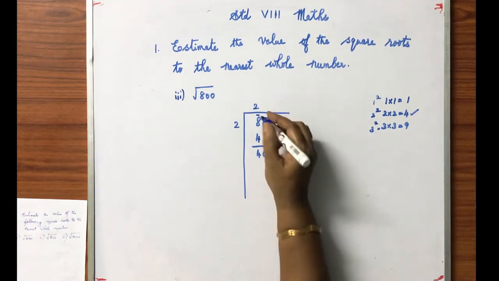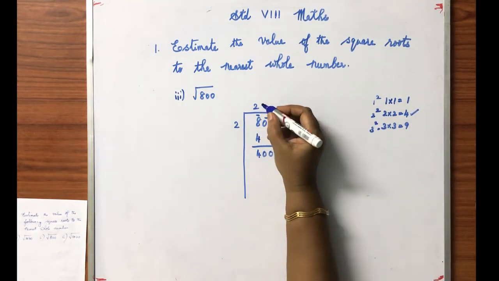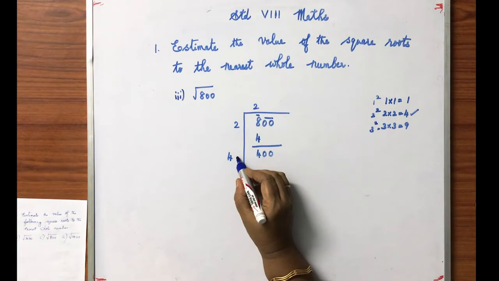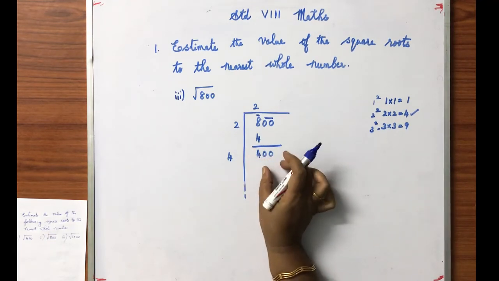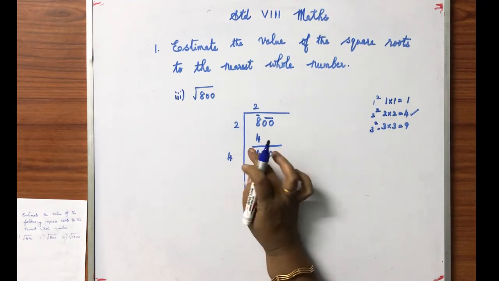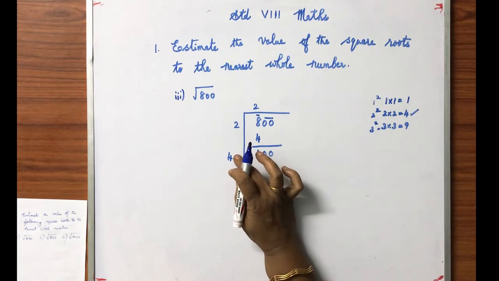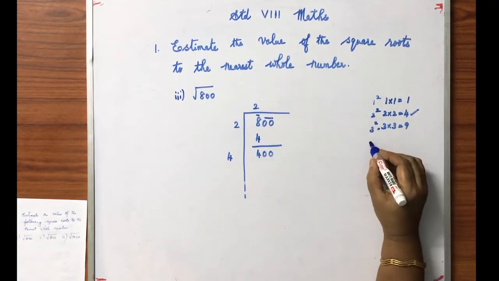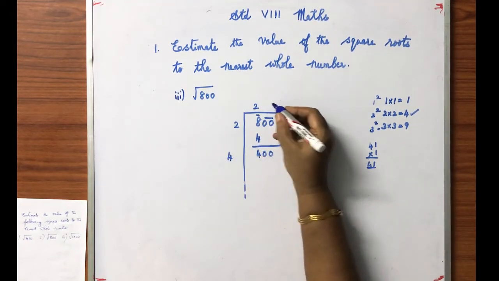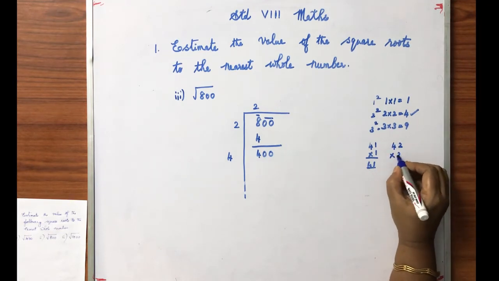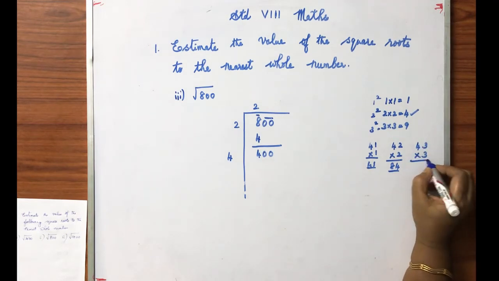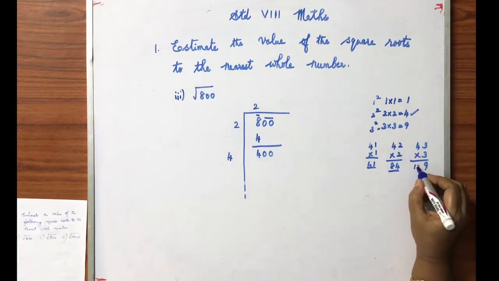Now multiply the quotient by 2. So 2 2s are 4. Now we have to find out the suitable number here such that it should be less than or equal to 400. We have to try starting from 1. First, if you write 1 here, on the top also 1. So 41 into 1 becomes 41. Next, if you write 2 here, on the top also 2. So 42 into 2, we will get 84. Next, 43 into 3. 3 3s are 9. 4 3s are 12. So very small number. So we can go for